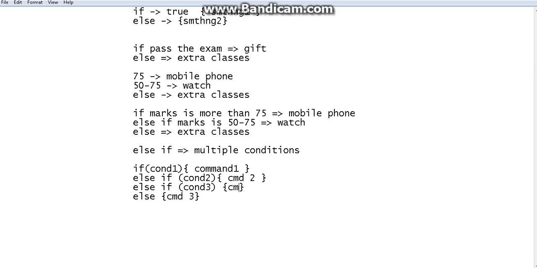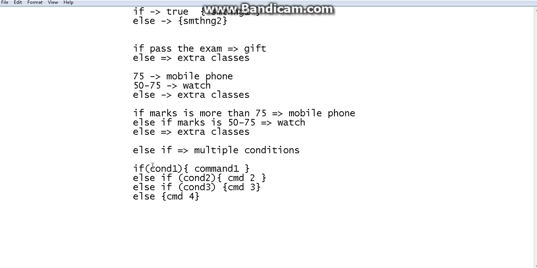So let's say this is command 3, and this is command 4. See this, guys. If this becomes false, then this will be checked. If this also becomes false, then this will be checked. If this also becomes false, this will happen. Wherever the first true happens, the rest will be skipped. The rest of the else if or else will be skipped, and the next line after the else condition will start to run. I mean the command code. If there is a command code after the if else conditions, that command code will run.